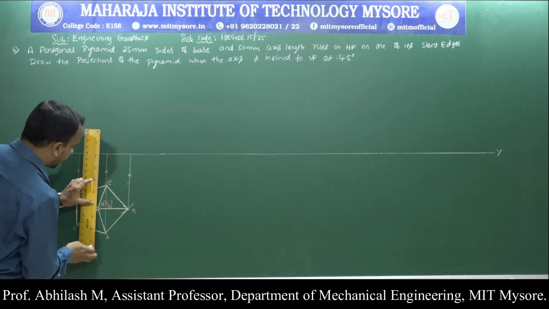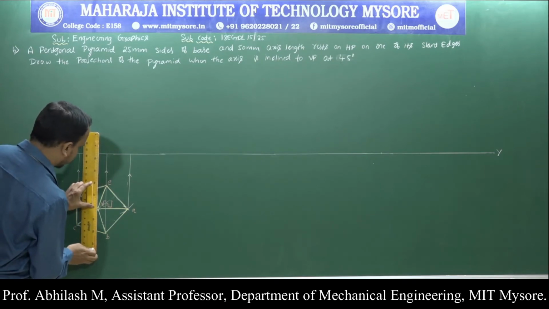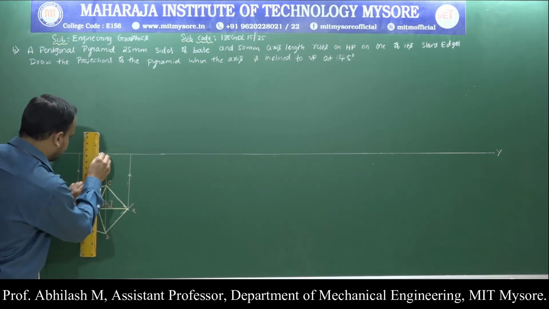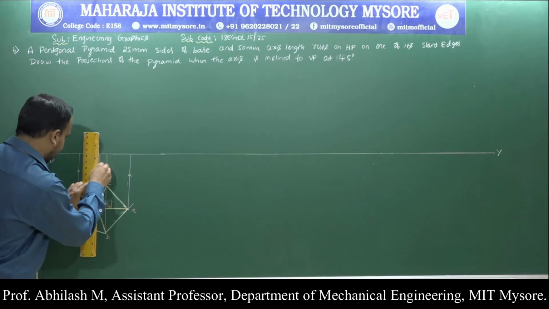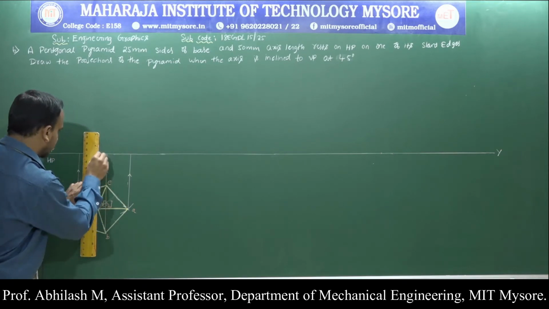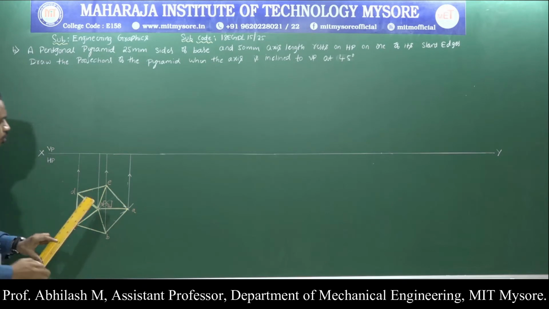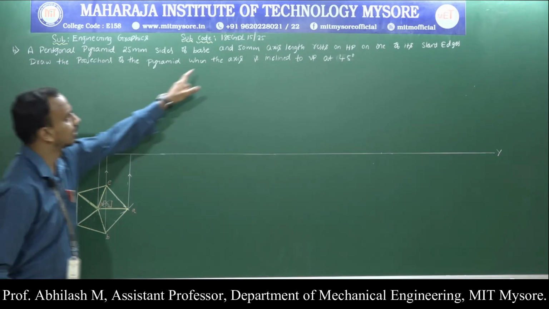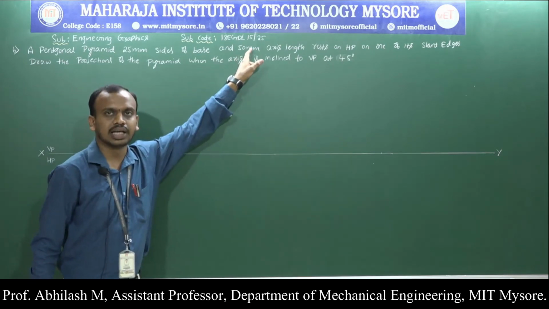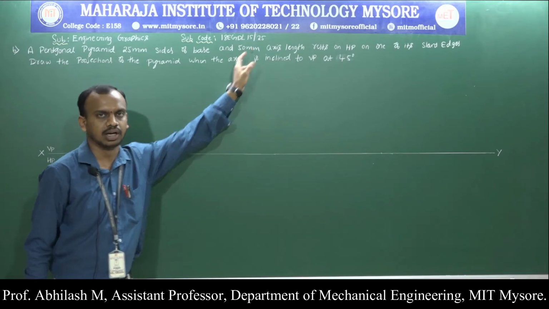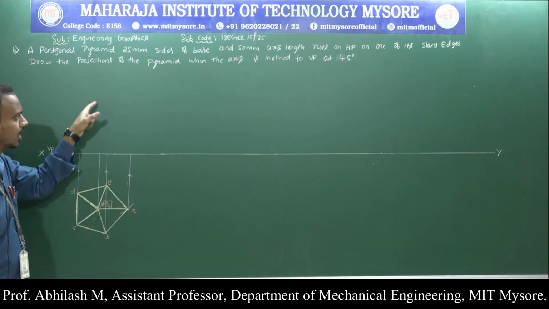From the O1, we are supposed to draw the axis projection line. First I will draw up to the XY line only. Now we are supposed to carefully draw the axis length. Here they have specified the axis length is 50 millimeter. So first we are supposed to draw the axis.